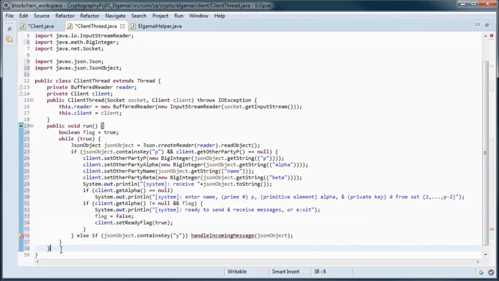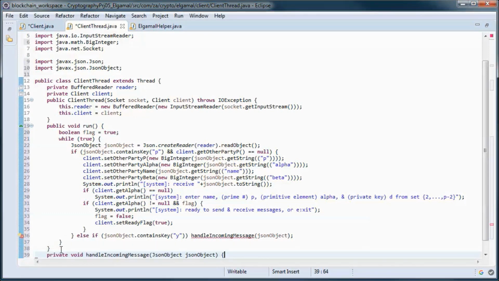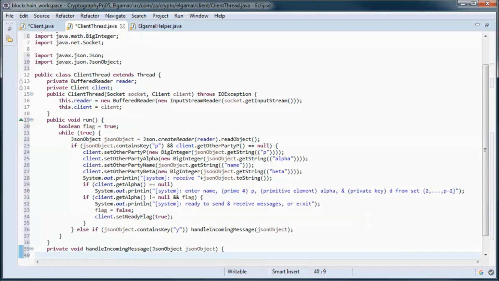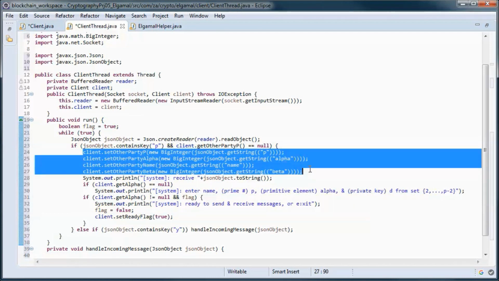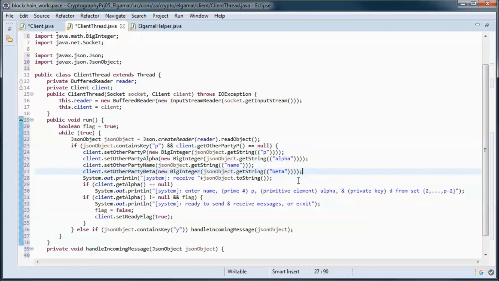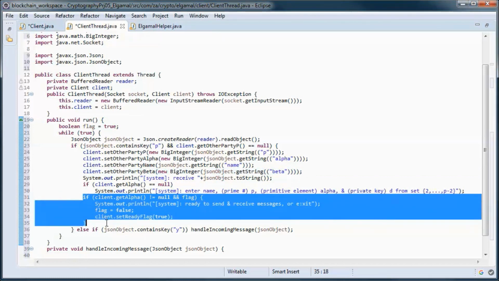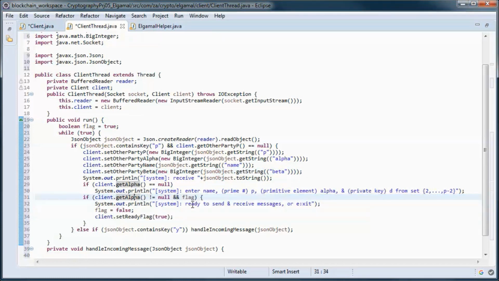And this method handles incoming messages. So here we are picking up P and alpha and the name and beta from the other client, and in this case we indicate that we are ready to send and receive messages.